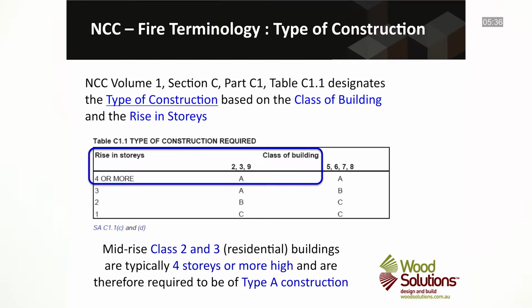Turning now to NCC terminology and determining the type of construction for a specific building. NCC Volume 1, Section C, Part C1, Table C1.1 designates that the type of construction be based on the class of building and the rise in stories. Mid-rise Class 2 and 3 residential buildings are typically 4 stories or more high and are therefore required to be